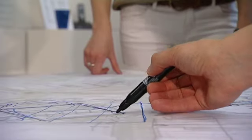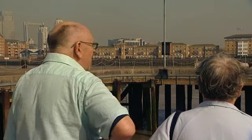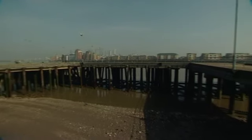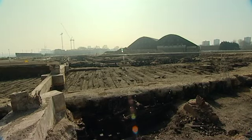The main features that are there at the moment that inform our plan, first of all, it's the river. And I noticed on the open day, people come in the site and they all walk right to the river. And so there's a long piece of riverbank. And on the riverbank is this great jetty, which is a wonderful place to walk, to go out from the riverbank. But then there are the slipways, or the remains and memories of the slipways,